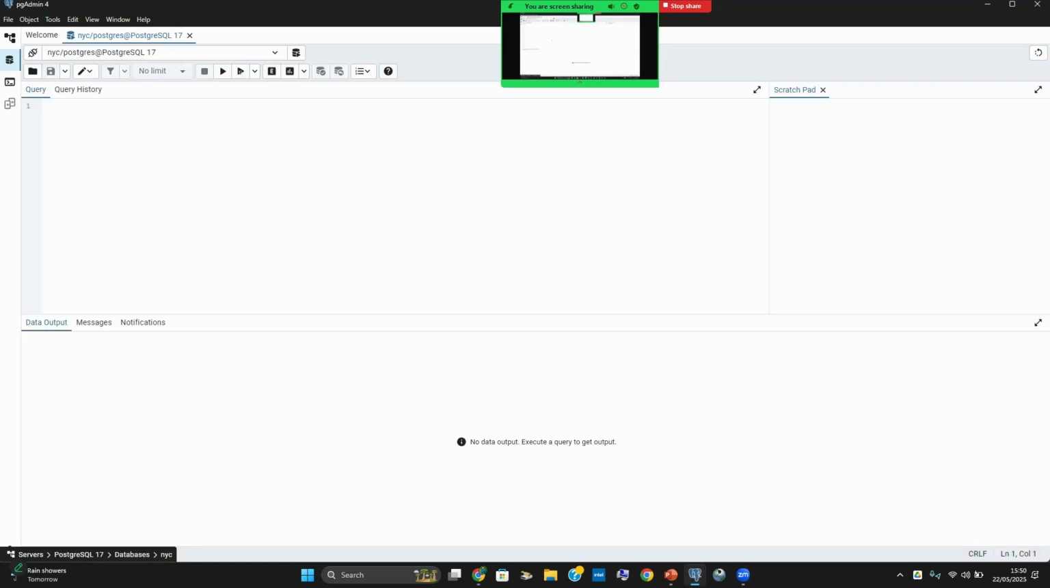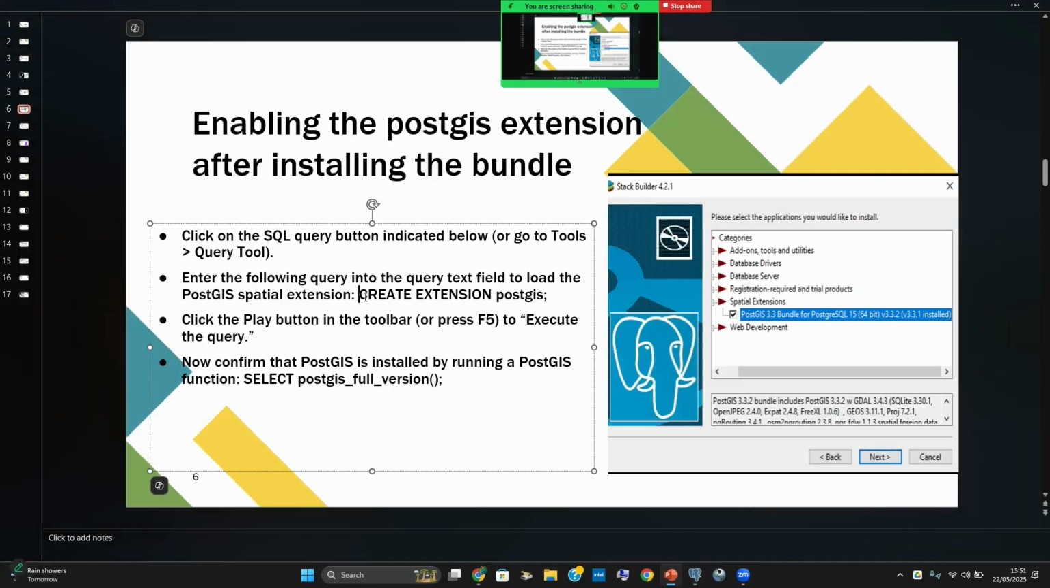It's loading good. And you would enter create extension PostGIS. Now, as I already have it, I will not do that again. But what you can do to confirm it's installed and it is running is